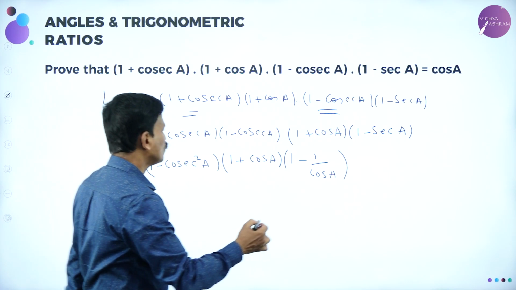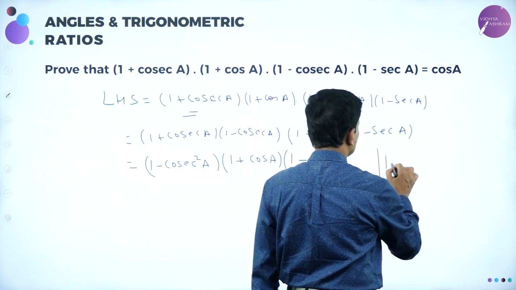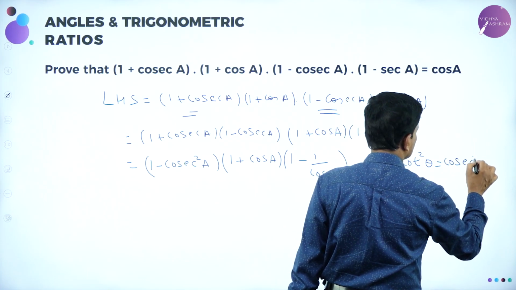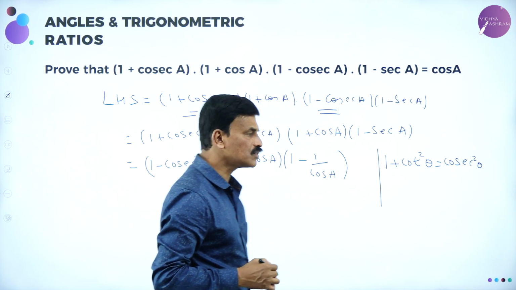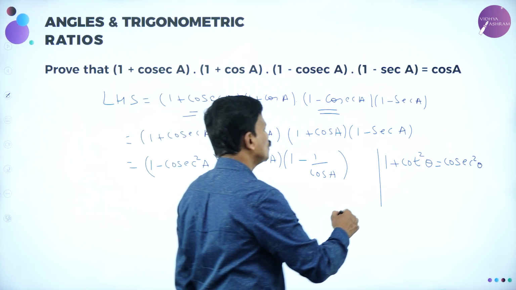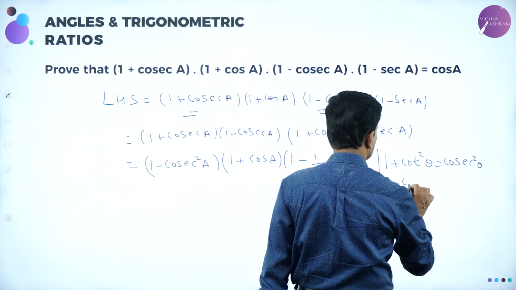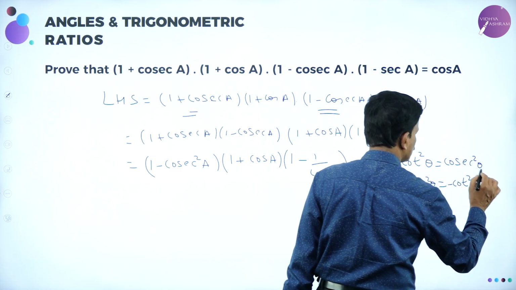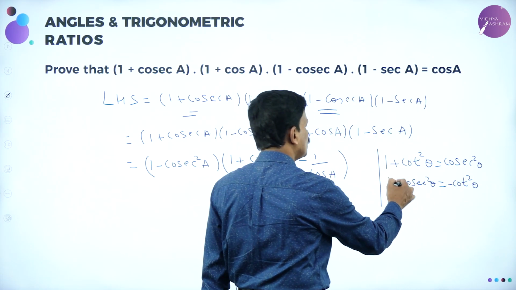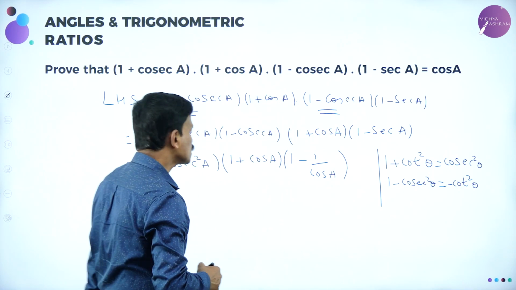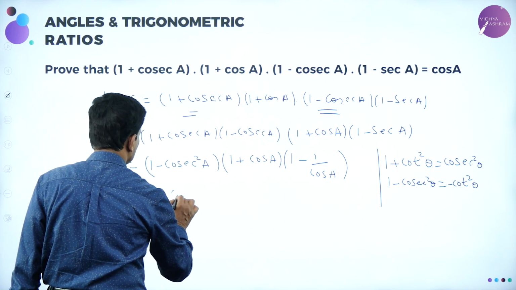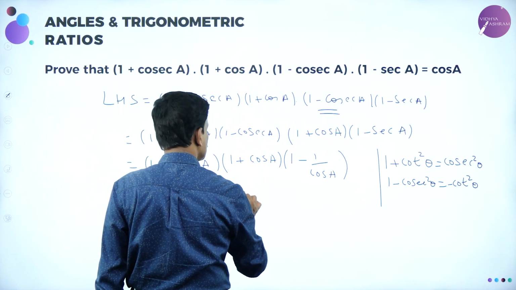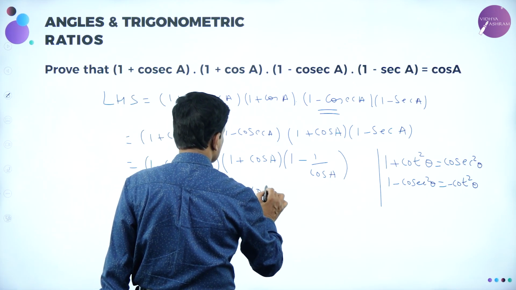Now, there is one formula, you know this identity, 1 plus cot square theta is equal to cosecant square theta. So, if you interchange this, 1 minus cosecant square theta is equal to minus cot square theta. So, this can be written as minus cot square A into, this is as it is, 1 plus cos A